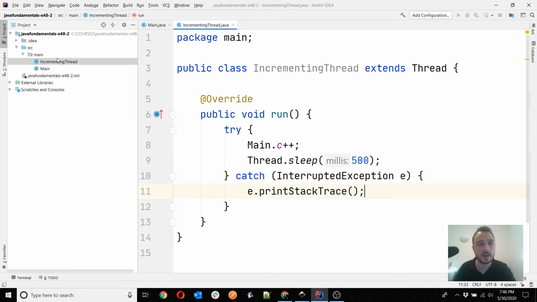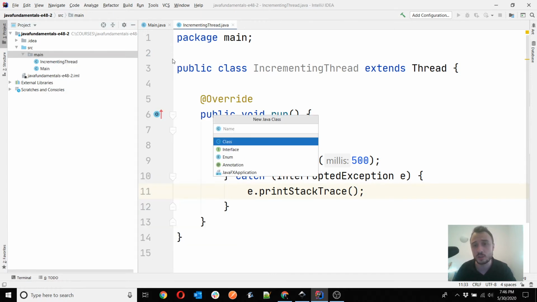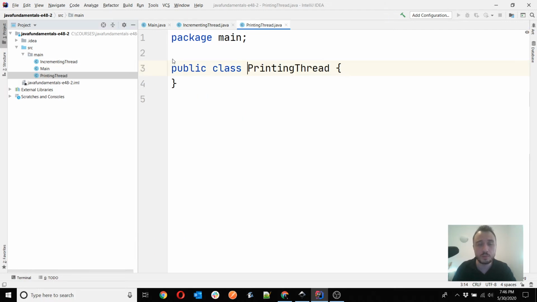Okay, and then I have, not a decrementing thread, sorry, not an incrementing thread but a print thread. I want the second thread just to access the resource. I don't want to change the resource. So let's say the printing thread. So the printing thread extends thread